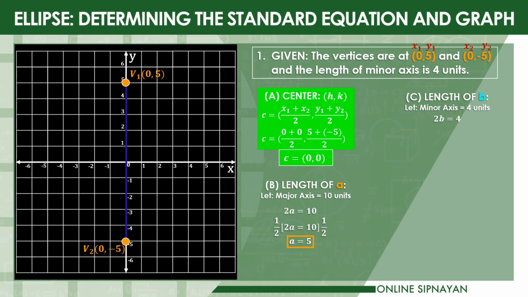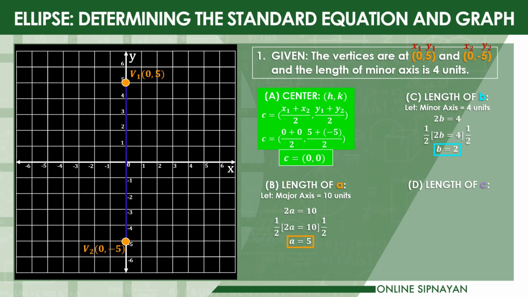So 2b is equal to 4. Using the multiplication property of equality, we'll have 1/2 times 2b is equal to 4 times 1/2. Simplify, and we'll have the length of b, which is 2. Then we'll also solve for the length of c, for us to easily complete the points needed to graph this